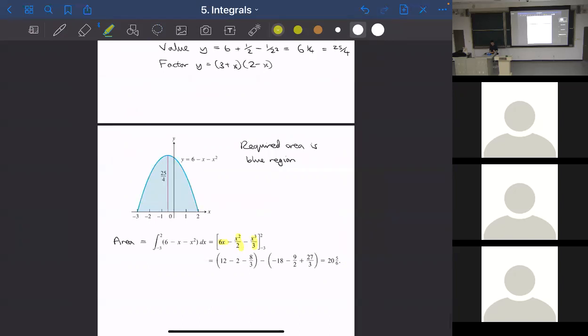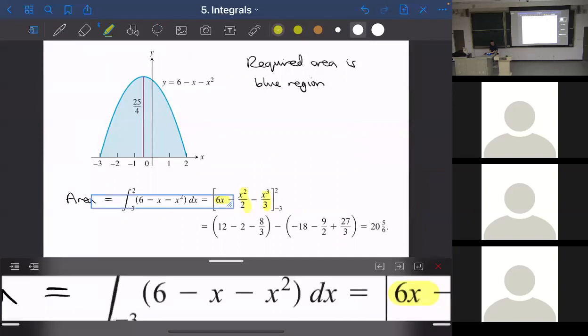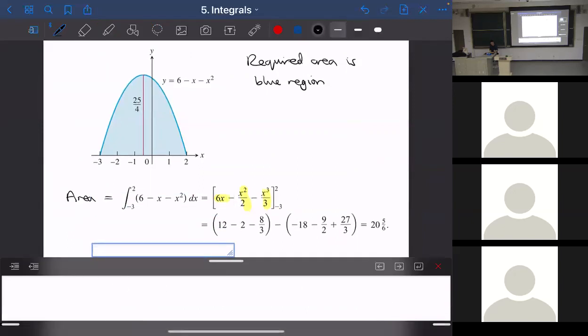Okay, and so that's the area under this blue parabola. So the last thing to notice from this example is that this area